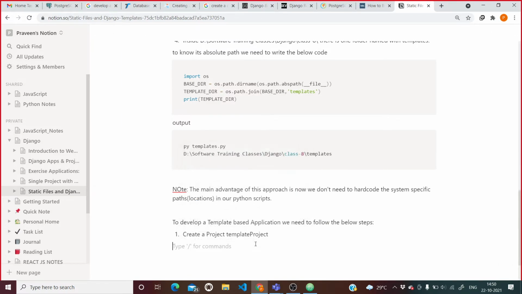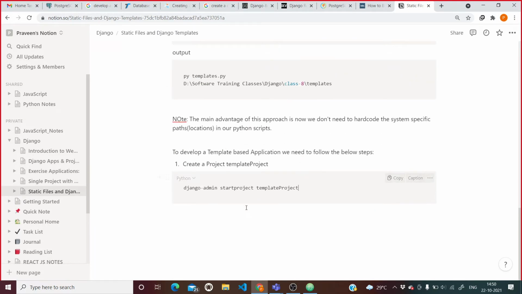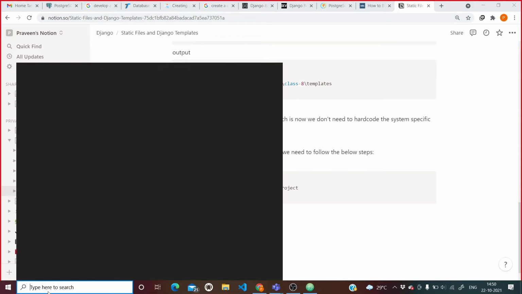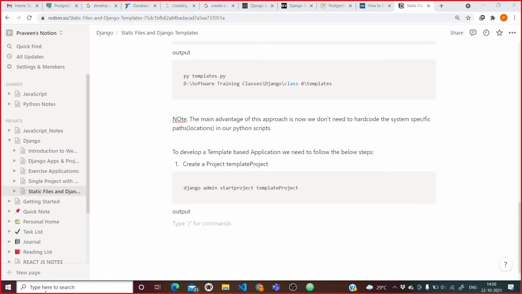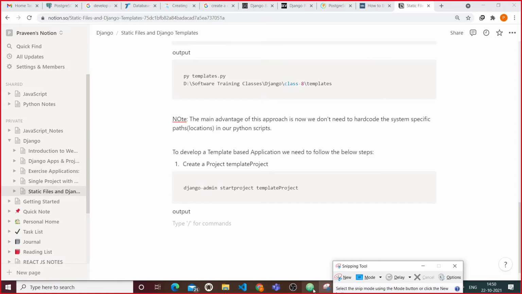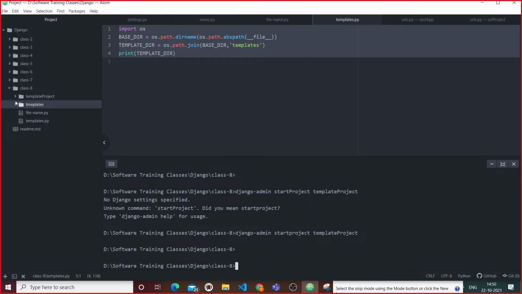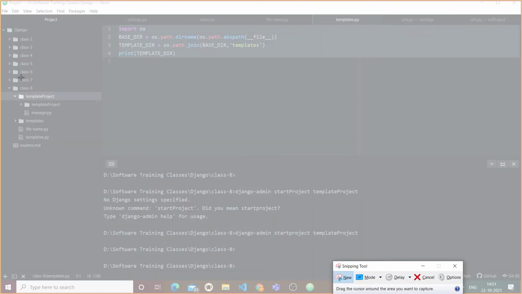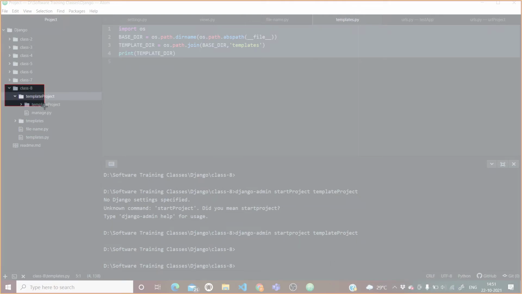Okay, as an output it will create a template project. I will come here, you can see it created a template project.